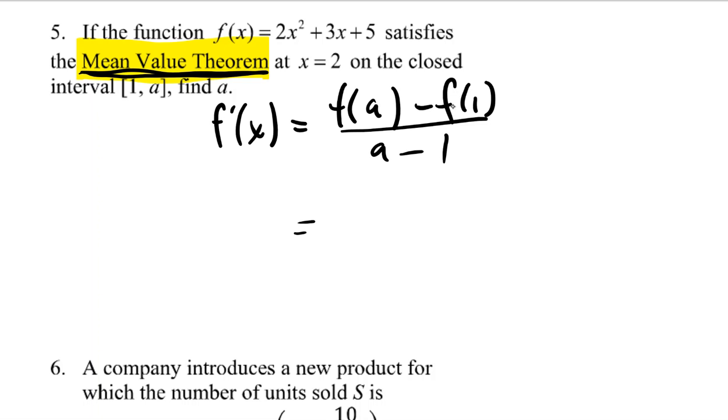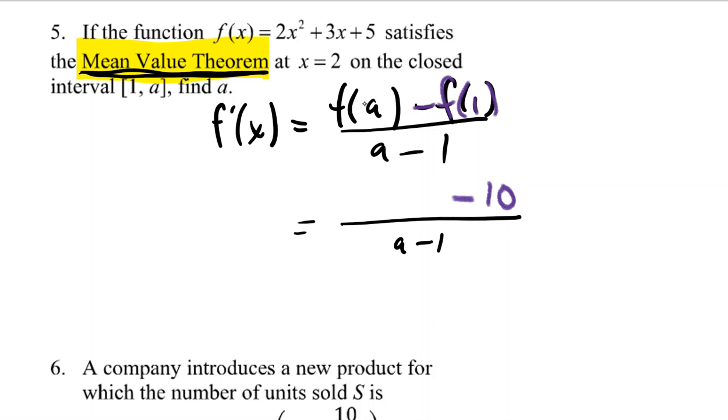So like f of 1, how do we go about finding that? Plug it into the function. So we get 2 plus 3 plus 5. So minus f of 1 is like minus 10. Okay with that? Okay. So the same way I did this, I went to the function and plugged 1 in